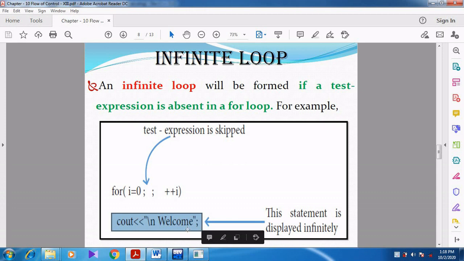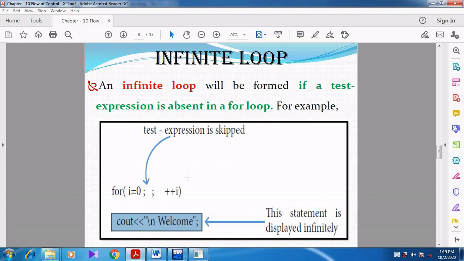So now what will happen? First of all, the initialization will be done. After initialization, it checks for the condition. There is no condition, so automatically the body of the loop is executed. After executing the body of the loop, updation is done. The control variable is incremented to 1.